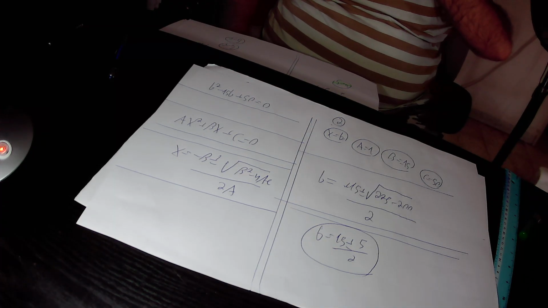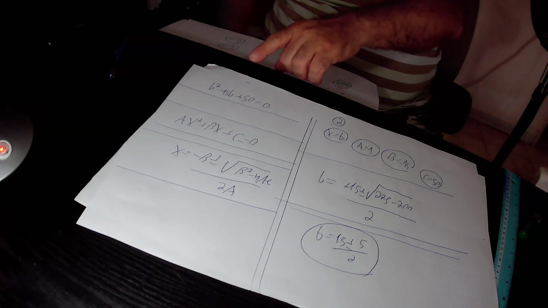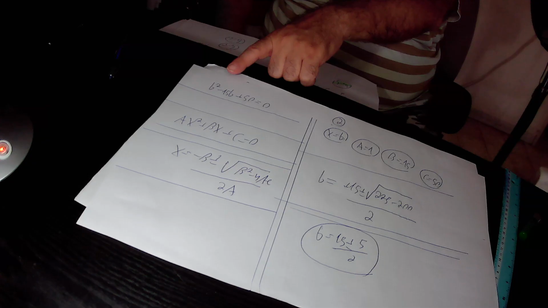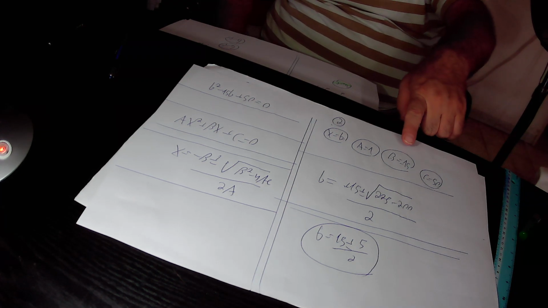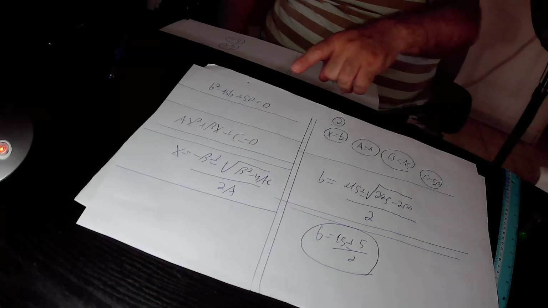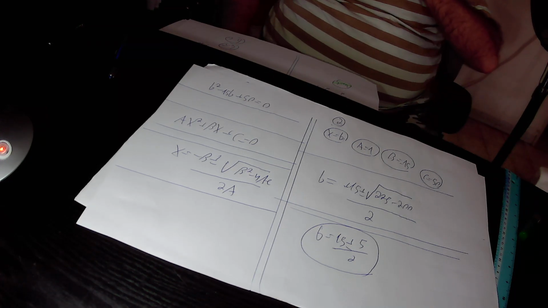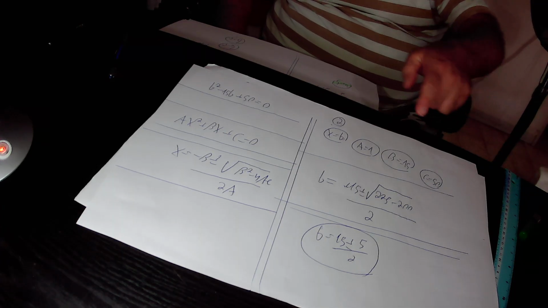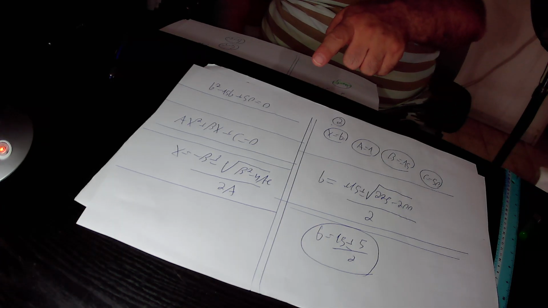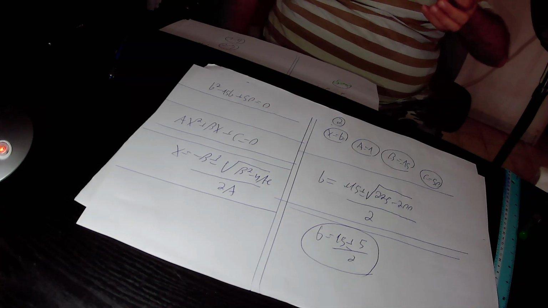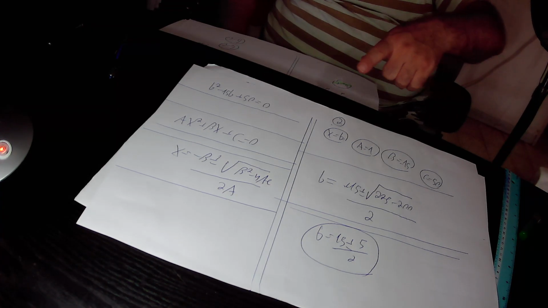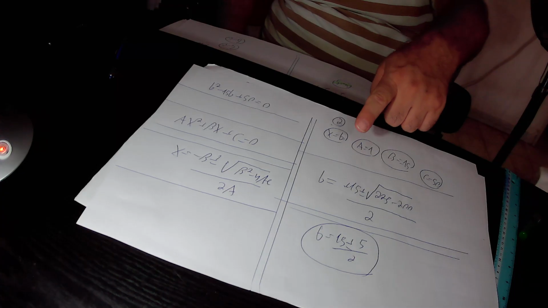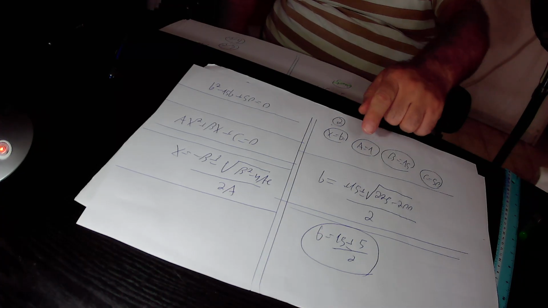So in our specific quadratic equation, as mentioned before, the variable that we are looking for is b, so x equals b. The coefficient a equals 1, the coefficient capital B equals minus 15, and the coefficient c equals 50. So the only thing we have to do is put this data inside the general formula for x, and this way we find the values of b, because the variable that we are looking for in our specific quadratic equation is b. So we actually substitute x by b, because x equals b, and we found out that b equals